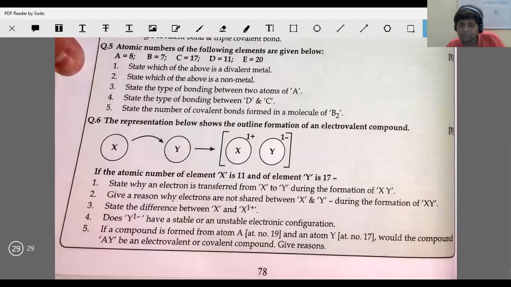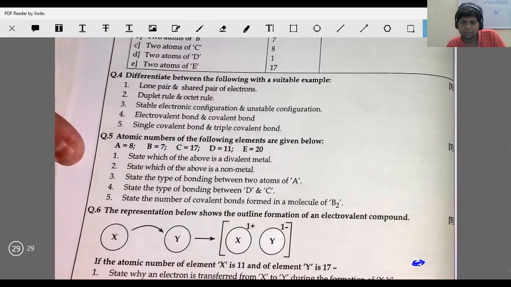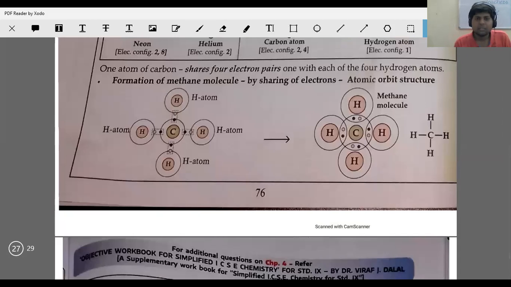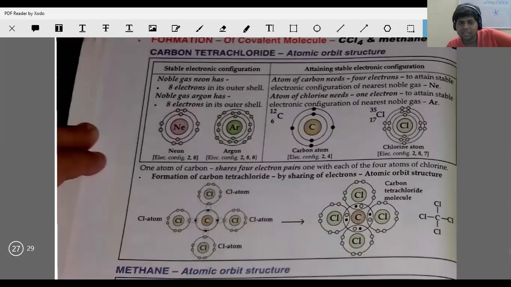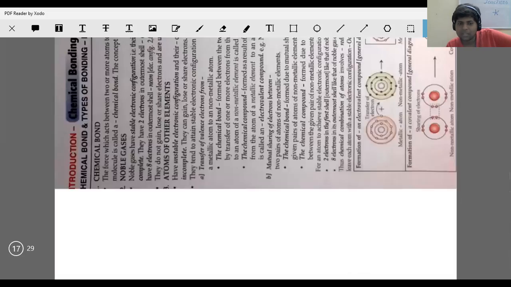Sir, can we submit by next week, please? Before Thursday. By next Thursday, sir, because we are having mock tests and examinations. Okay, fine, then next week should we have class? Yes, sir, we can have class, but I will not be able to do the homework. I'm just telling you, you have to do this homework. You have to solve the chapter end exercises for both portions, structure of atom and chemical bonding.